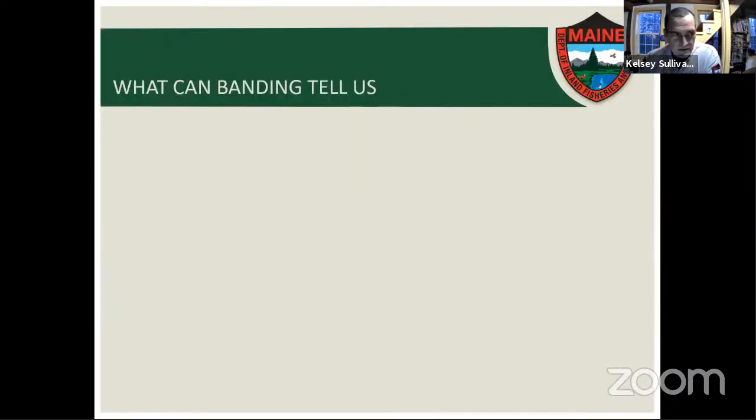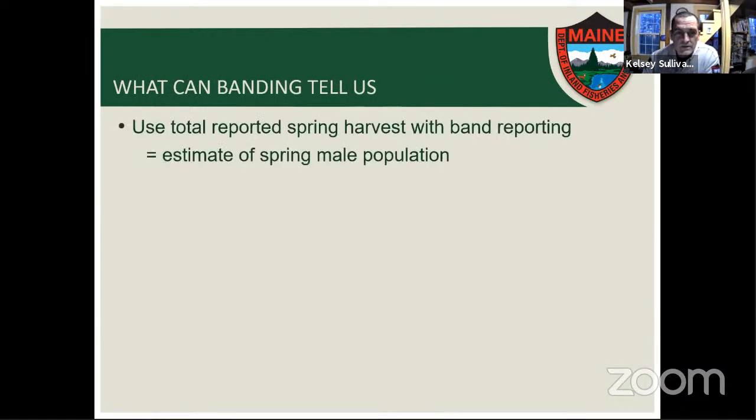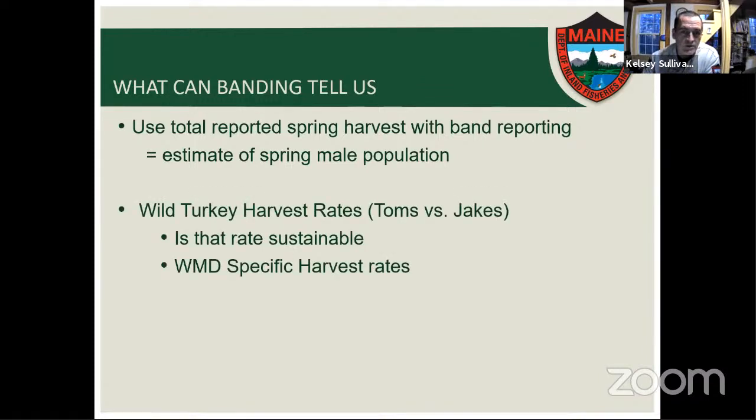So these are the things that banding can tell us. Like I said, we have a pretty robust spring harvest data set through registration. We can take that total harvest and then look at band reporting, and we can estimate a male population for that spring. I'll go into a little more detail on a further slide, but we can also look at harvest rates between toms and jakes,